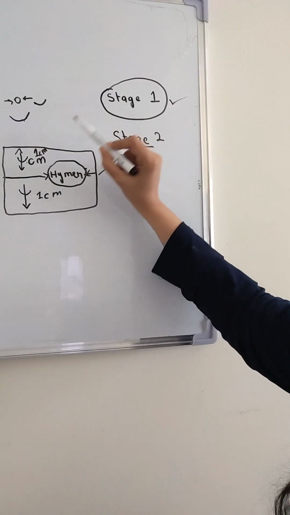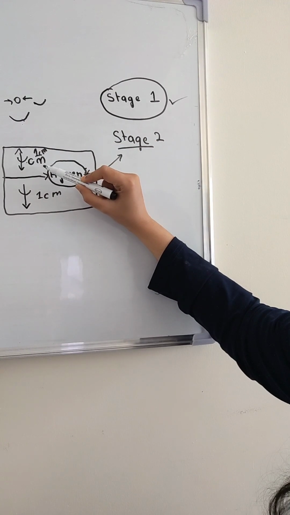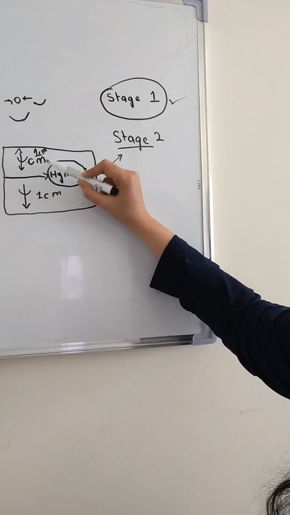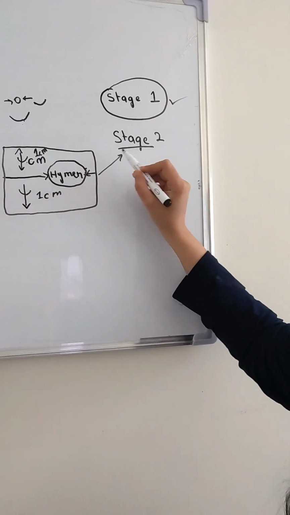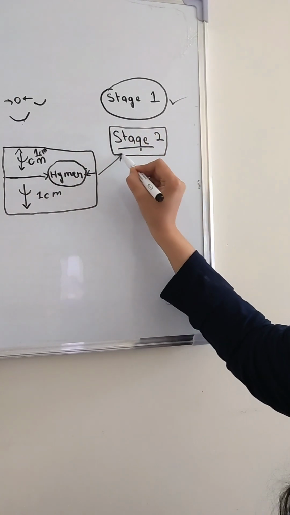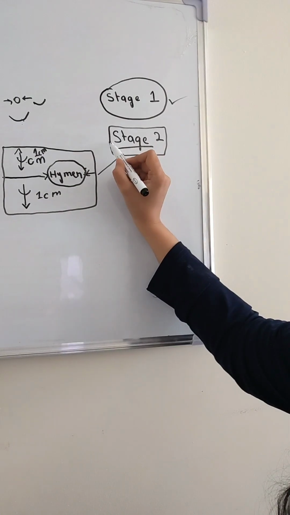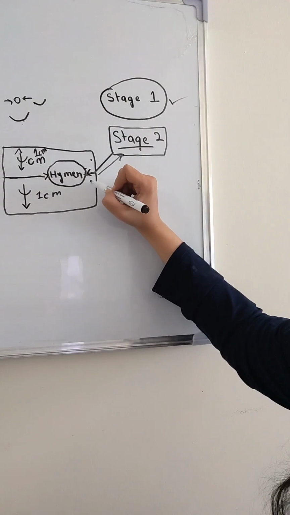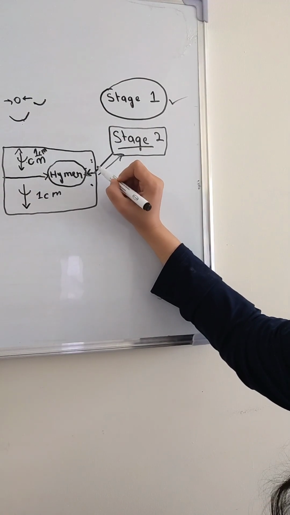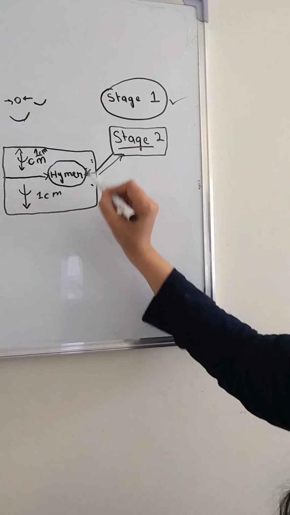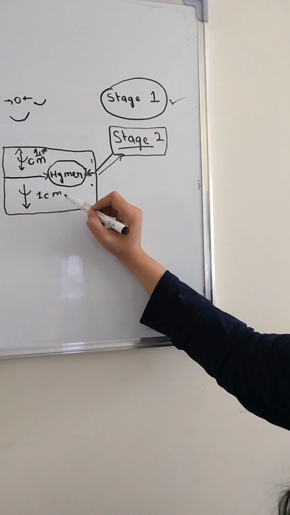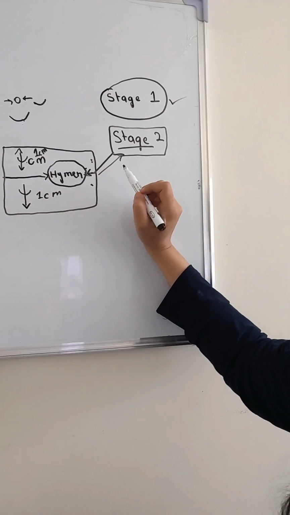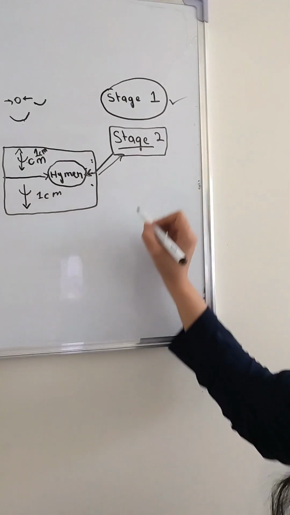As the descent is descending further below, and it is coming within 1 centimeter of the hymen, either above or below, then we will classify it as stage 2. But for stage 2, always remember that it is within 1 centimeter above and within 1 centimeter below. Whether it is within 1 centimeter above or within 1 centimeter below, it does not matter, then it is stage 2. All right. Now stage